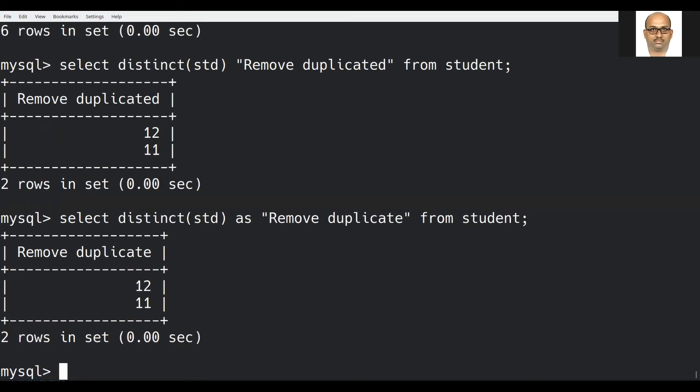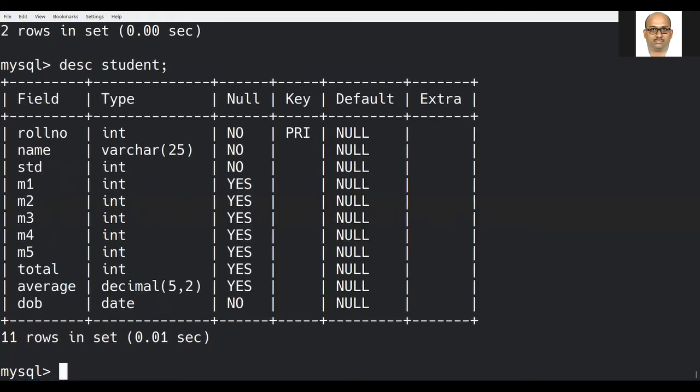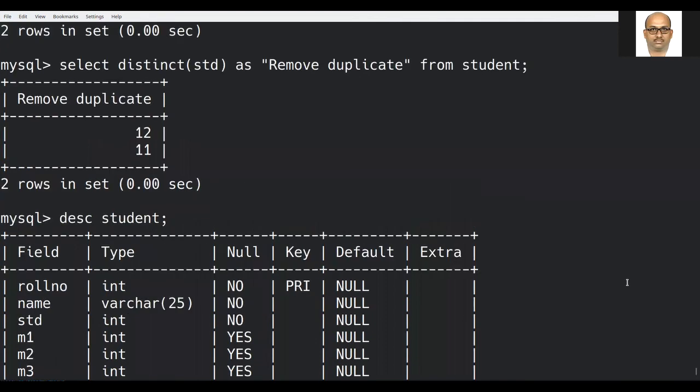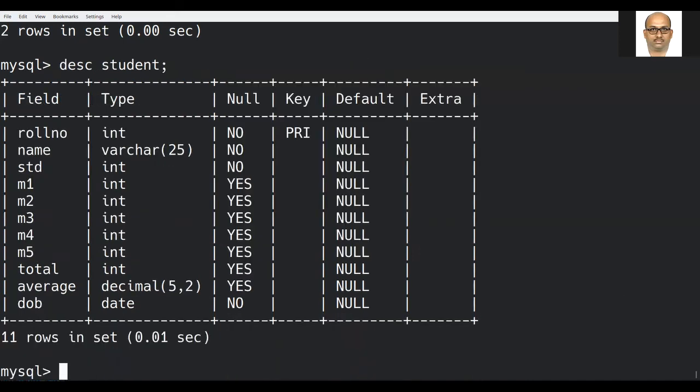If I am using AS, then when we look at the description of the table, the column name would not have been changed. It is std only, whereas while displaying alone, they have changed it as remove duplicate.